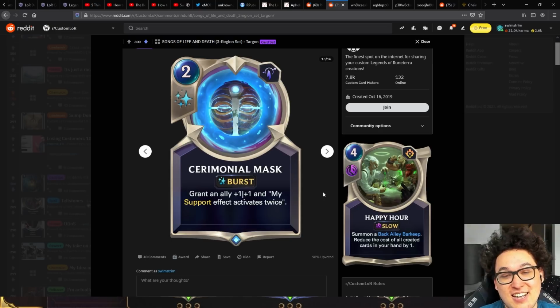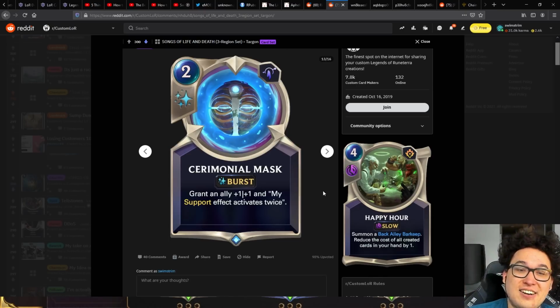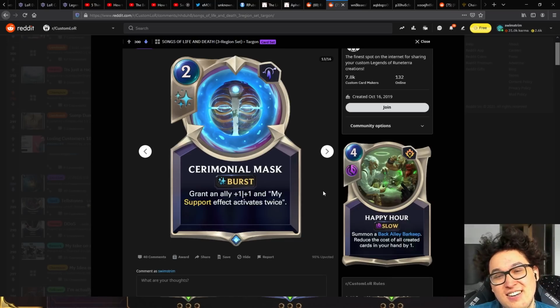Ceremonial Mask. Grant an ally +1/+1 and my support effect activates twice. What the actual fuck? I mean, this is pretty unfair on Taric. Also, bizarrely enough, Taric can clone this card. So if you were to use this on Taric, he would get a permanent +1/+1. And then if you didn't have another spell, you would attack and the supported ally would get masked twice from the mask that you used on Taric, which is definitely